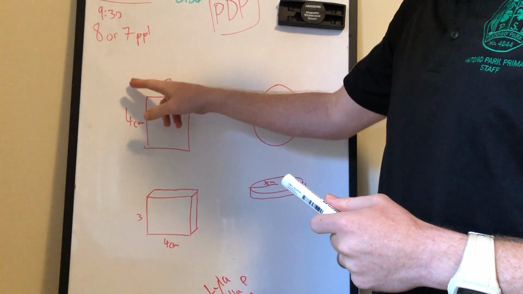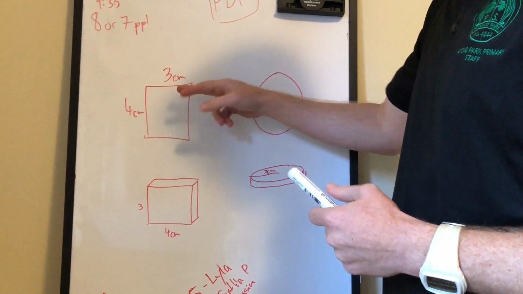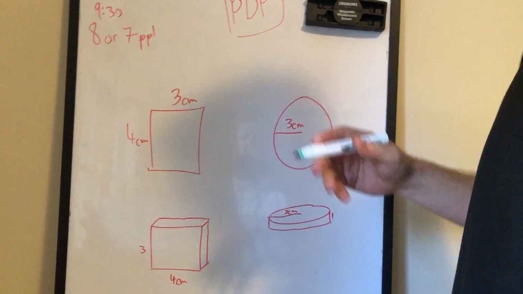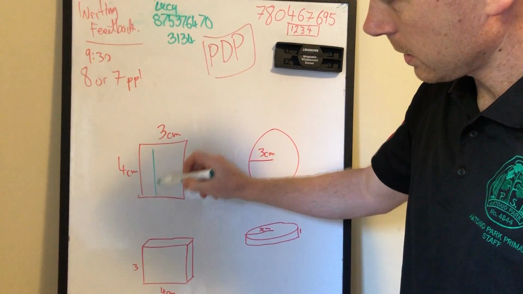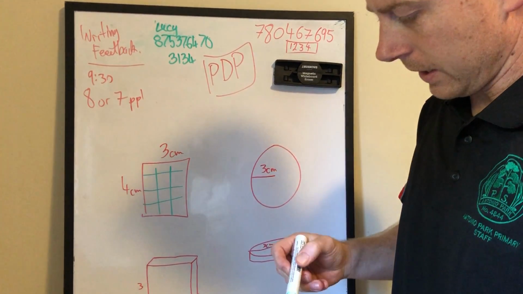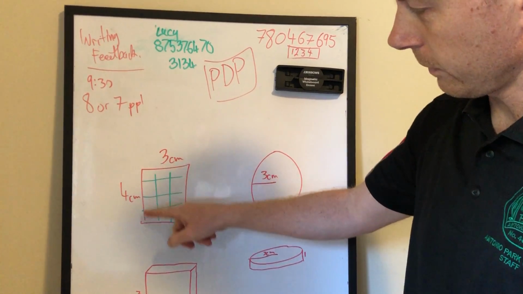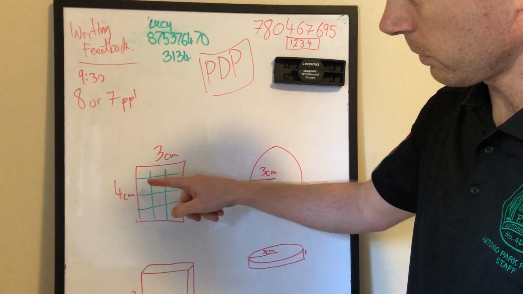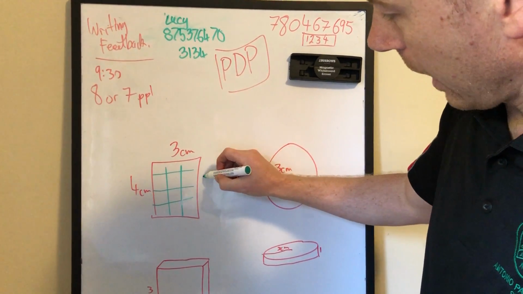Okay, so we've got our rectangle, 4 centimeters down and then 3 centimeters across, and we know that the formula here is just this times this, and that works because I can draw this grid in and the area is 12, because I can actually see those 12, 4 times 3, and there's 12 here: 1, 2, 3, 4, 5, 6, 7, 8, 9, 10, 11, 12. And we measure that in